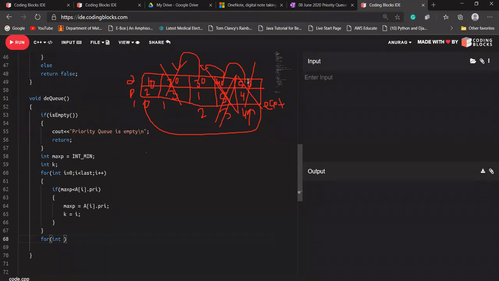After that, if there are values in the array, they should be replaced with the value after them. Let's say the 3 should be replaced with the 4, the 4 should be replaced with the 5, and if there is something, the 5 should be replaced with the 6. So what I'm going to do, for i = k, because it will start from k, it will go up to last minus 1,